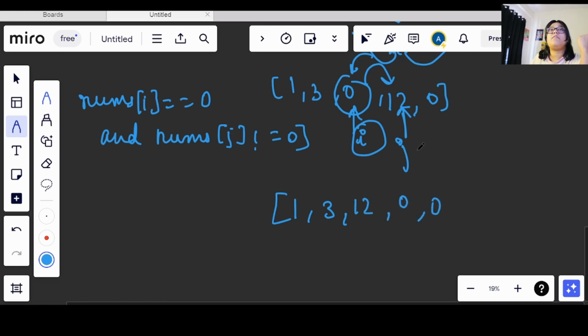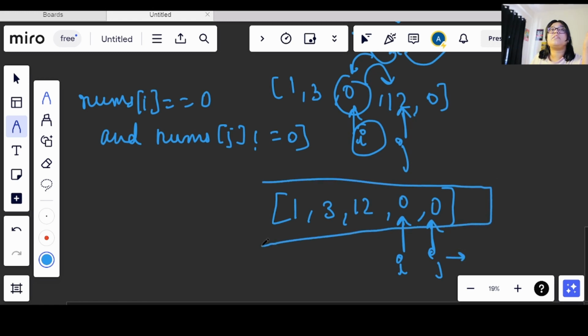Again I will increment and we will move here and j will come here, right? So we will see both are zeros, and since we cannot move forward, we will be returning this array, right? So this way of iteration that we are using, this is not a nested loop. When we are moving two variables at the same time as index pointers, this way is called two pointer. We use this two pointer approach when we have to iterate on the array and we can make comparisons and swap the values.